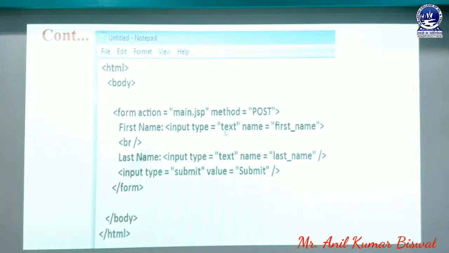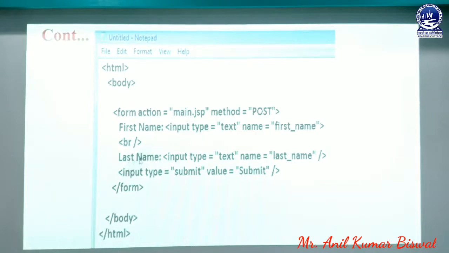Text is a control through which you can create a text box. Then we write another attribute named name. Name is another attribute which contains one unique value, a unique parameter named first name. Then we need to break the line, that's why we are using the br tag. The br tag helps to make a new line in our web page.